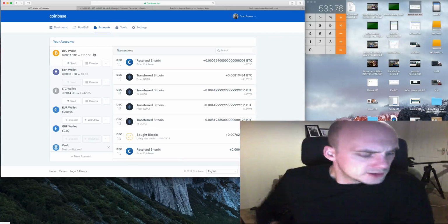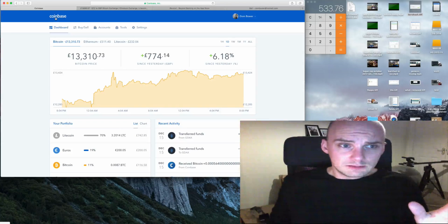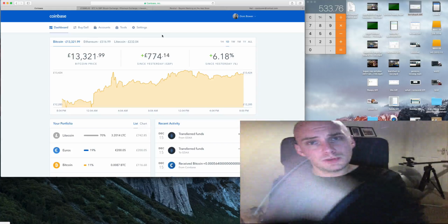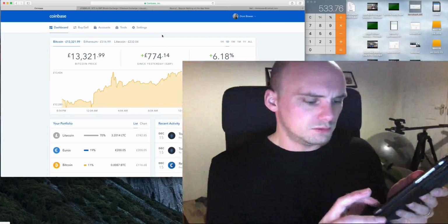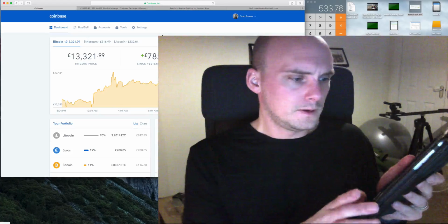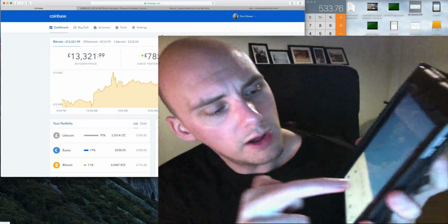So if you're wanting to put money into Coinbase with no fee, let's say £200, you put that into Revolut. I'll show you. Ooh, that's not the code. Nope, that's not the code. £200 into your Revolut account, and then,